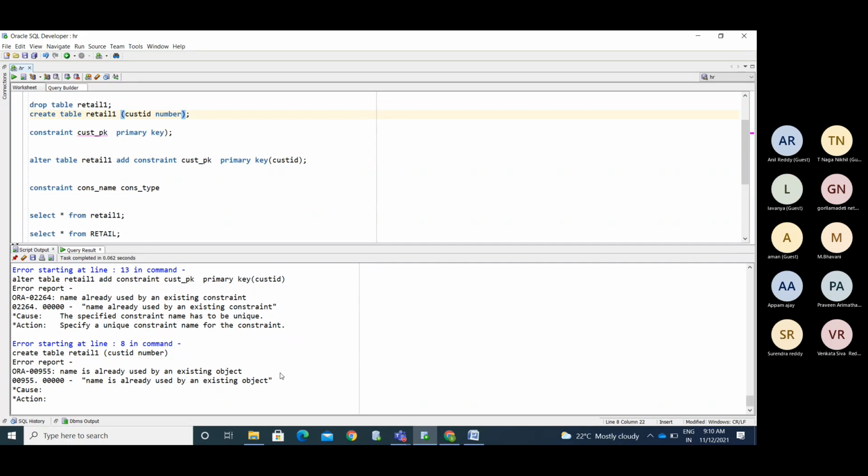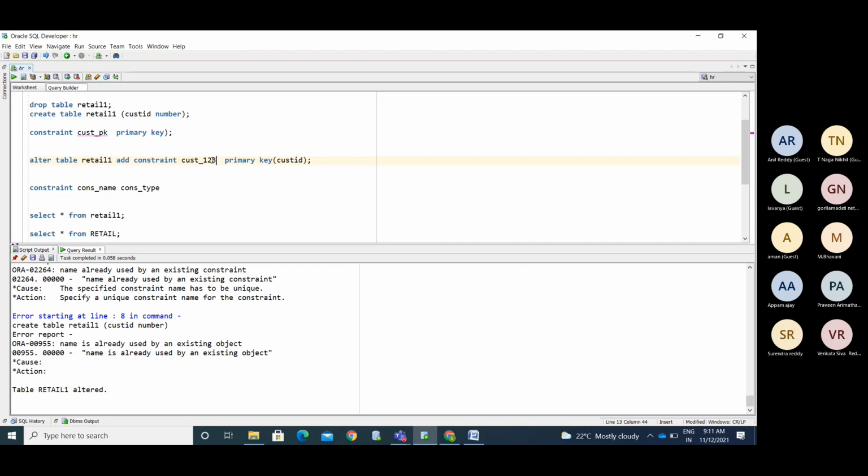While giving any name to a constraint, that name must not have been used earlier by anyone else. For that reason it gives the error. So now I'm making it 1, 2, 3.